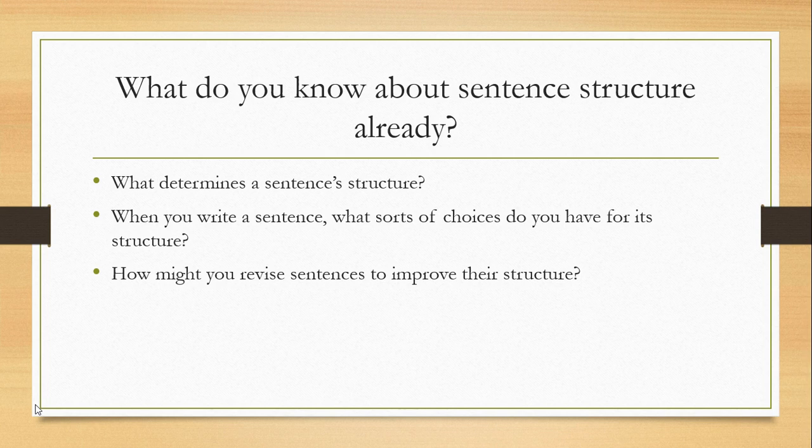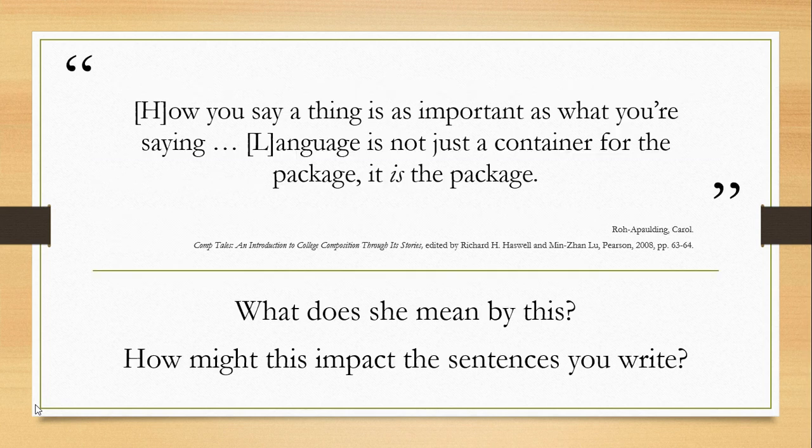We've talked a lot about choices in this class. We started off reading How to Read Like a Writer, and the author of that piece talks a lot about structure, a lot about choices and how they impact our writing. So one thing you might be wondering is how you can revise sentences to improve their structure. Well, that really depends on your objectives for certain sentences and who you are writing those sentences for.